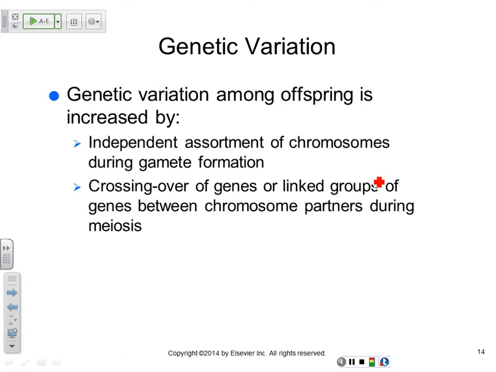All right, so that's the concept I was talking about a little bit: genetic variation among offspring, which is very important. One of the processes is independent assortment of chromosomes during gamete formation, that I just showed in that diagram. Also, genes can associate with other genes in the process of crossing over. When two homologous chromosomes are next to each other, they can swap parts of the P or the Q arm, and then you have a different chromosome altogether. All right?